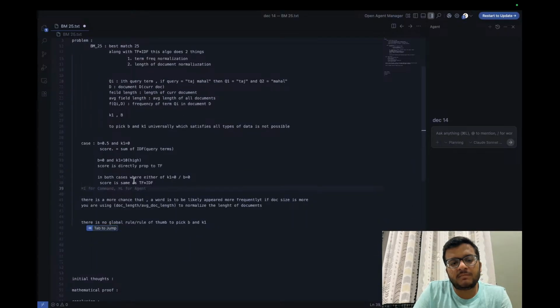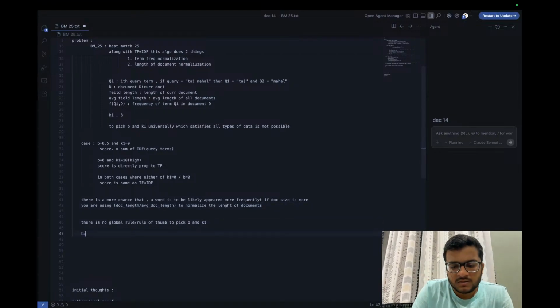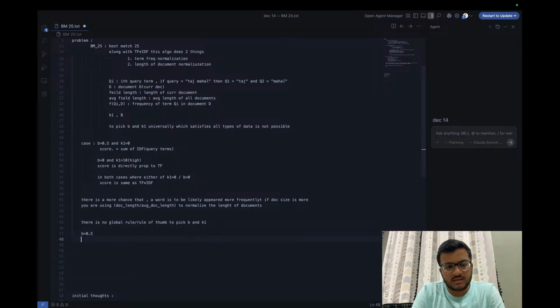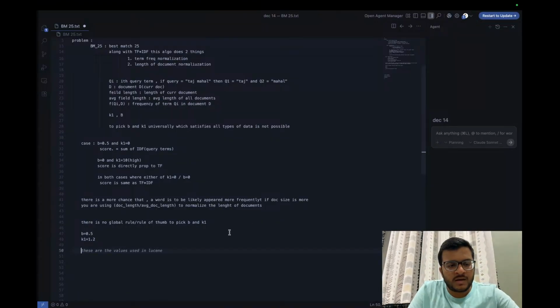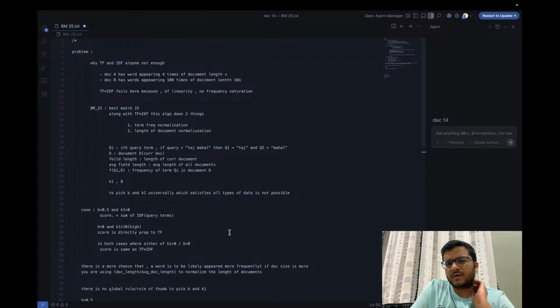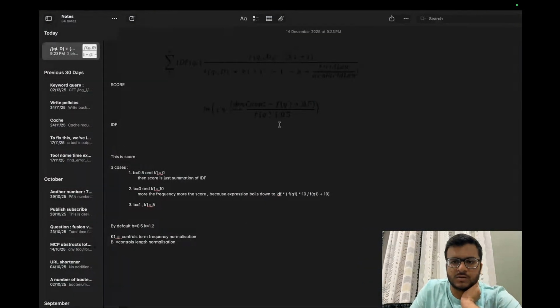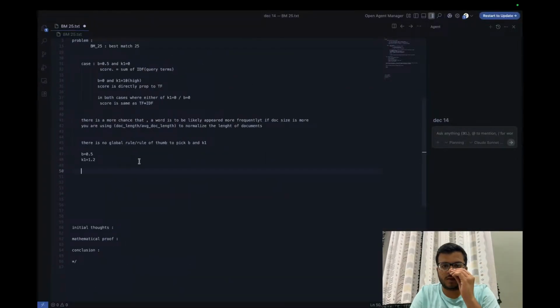And by doing vigorous experiments and very good research work, they have come up with the default values, right? So when you don't specify anything while creating your index, B is 0.5 and K1 is 1.2. Depending on your data and your observations, you can change the B and K1 values while creating the index itself. If you mention these two, B and K1, while creating the index, the BM25 algorithm uses your B and K1 instead of 0.5 or 1.2 in calculating scores.